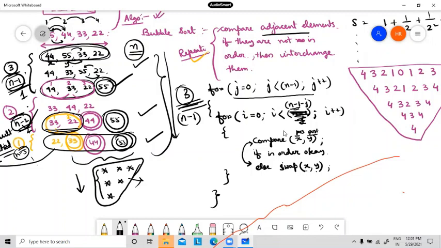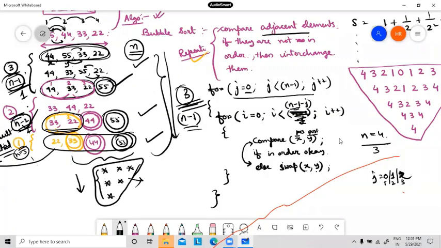Why have you used j less than n minus 1, sir? Because we have started j with 0. Is it clear? Suppose the value of n is 4. Then how many times do I have to repeat? N minus 1 means 3 times I have to repeat. So if I start j with 0, then for 0 it will execute once. Then for 1 it will execute 2 times. Then for 2 it will execute the third time. Is it clear?